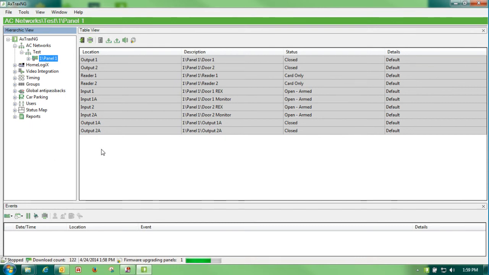One thing on the firmware for our software, as you saw, the software automatically assigns the firmware. When we load the software onto the PC, the software automatically downloads the correct firmware for all of our different panels onto the hard drive. So it automatically has it there. You don't have to connect, you don't have to go look, and there's no firmware upgrade without a software upgrade